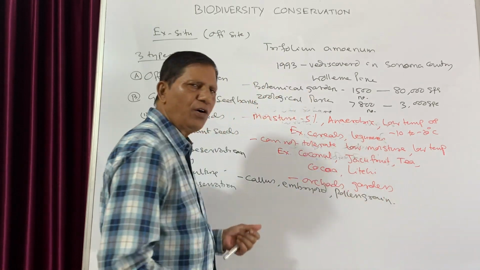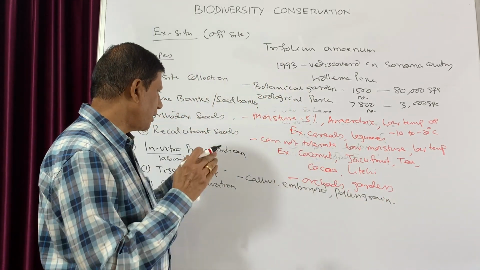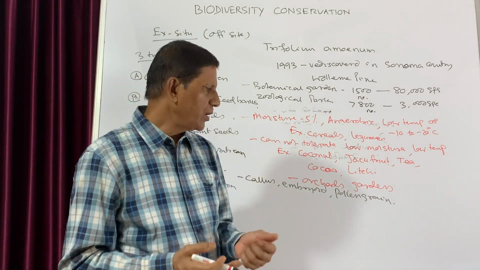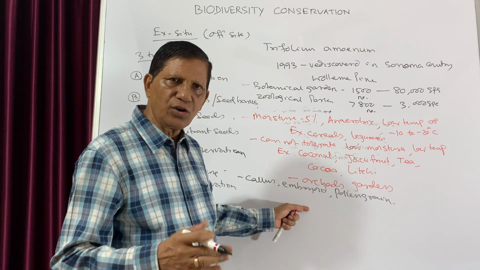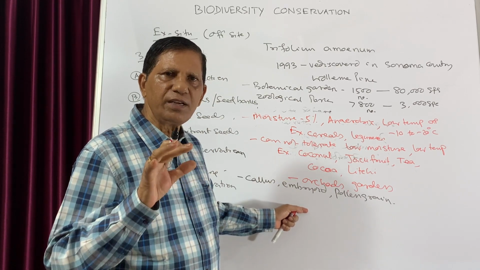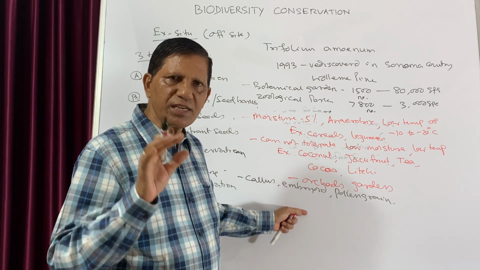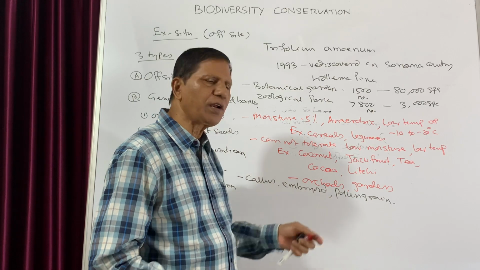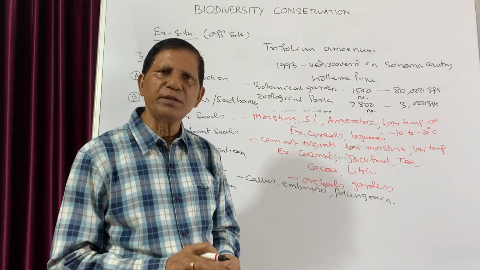So in any form, we can culture it by means of tissue culture. That means in the laboratory, for those plants which are threatened or endangered, we want to save the biodiversity, we want to save the germplasm of that plant. So either in the form of callus, embryo or pollen grain, we can cultivate by the method of tissue